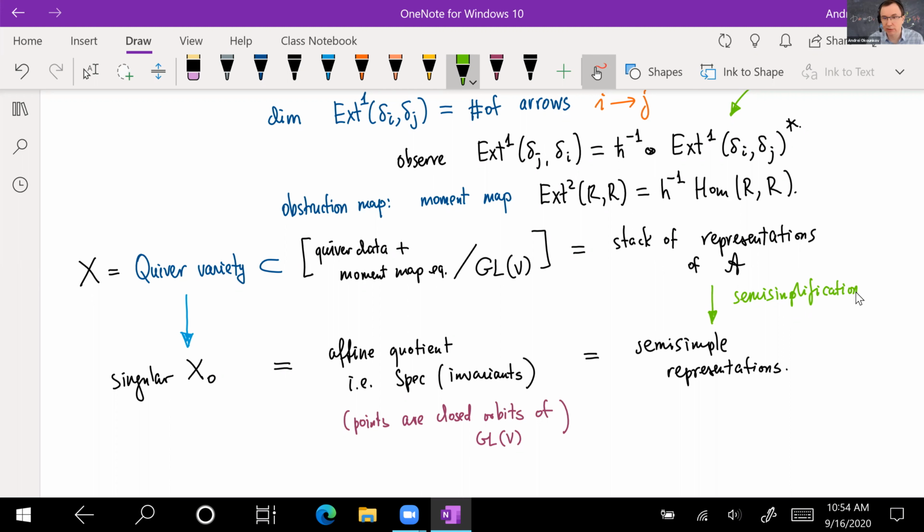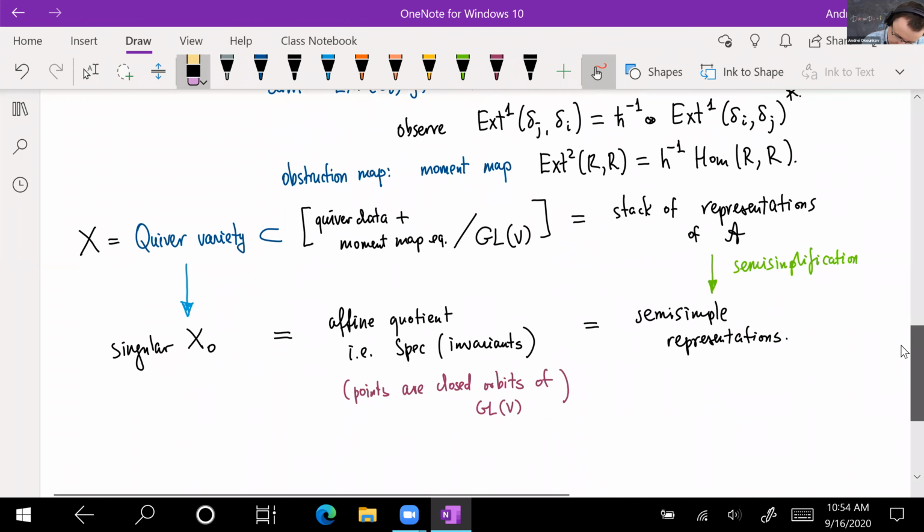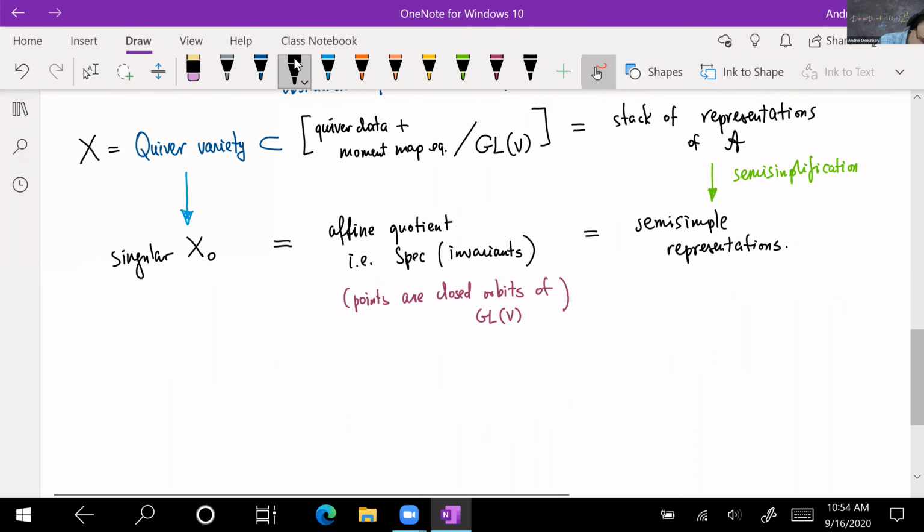Or another way of saying it: you take a representation and map it to its K-theory class. So if you have a filtration, you just kill it. And so here we were talking about